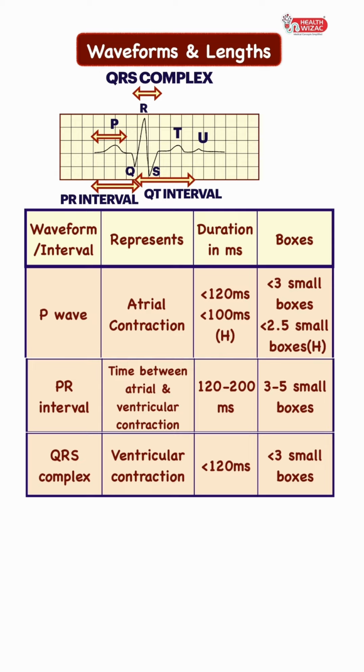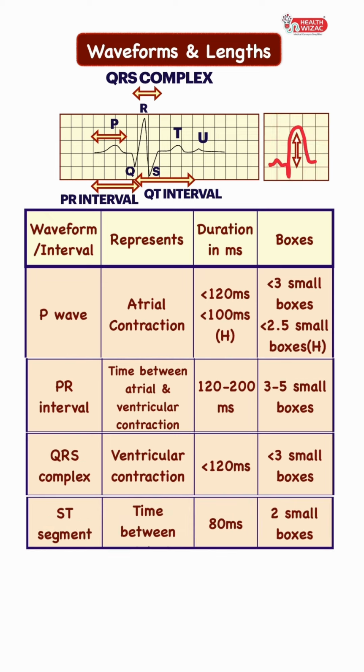QRS complex represents ventricular contraction and has a duration of less than 3 small squares, that is less than 120 milliseconds. ST segment represents time interval between ventricular contraction and relaxation and has a duration of up to 80 milliseconds, that is 2 small squares. Elevation or depression of more than 2 small boxes is considered significant and can represent ST elevation MI or non-ST